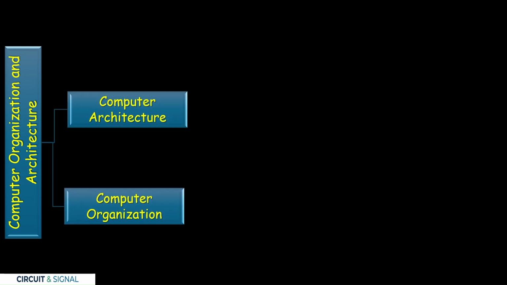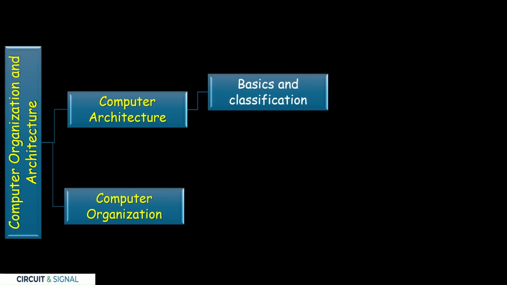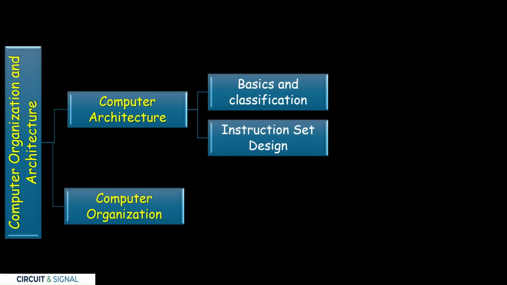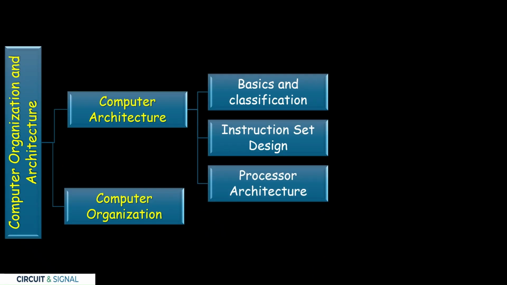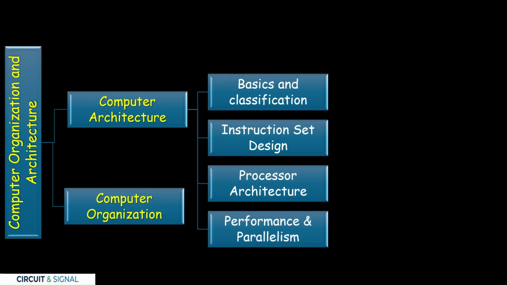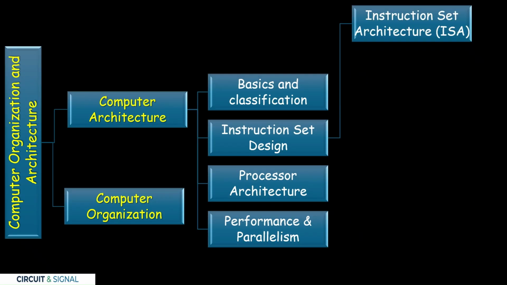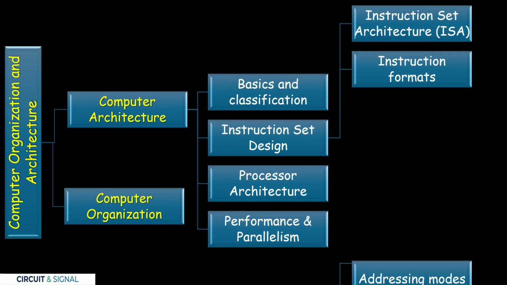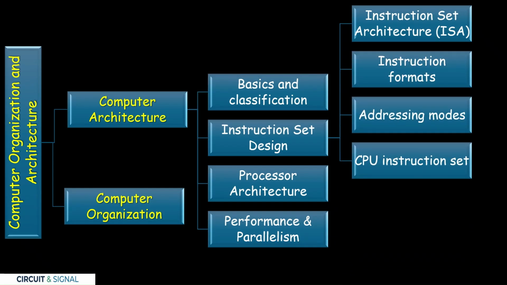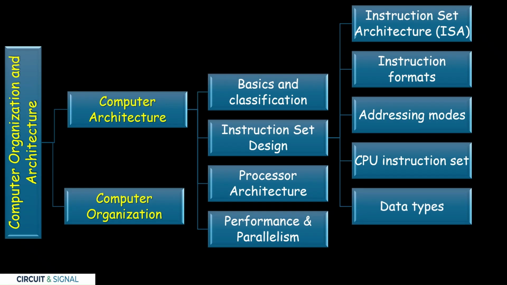So we divided computer organization and architecture into two parts, computer architecture and computer organization. In computer architecture we will study basics and classification, then instruction set design, then processor architecture, then performance and parallelism. In instruction set design we will study instruction set architecture, instruction formats, addressing modes, CPU instruction set, data types and